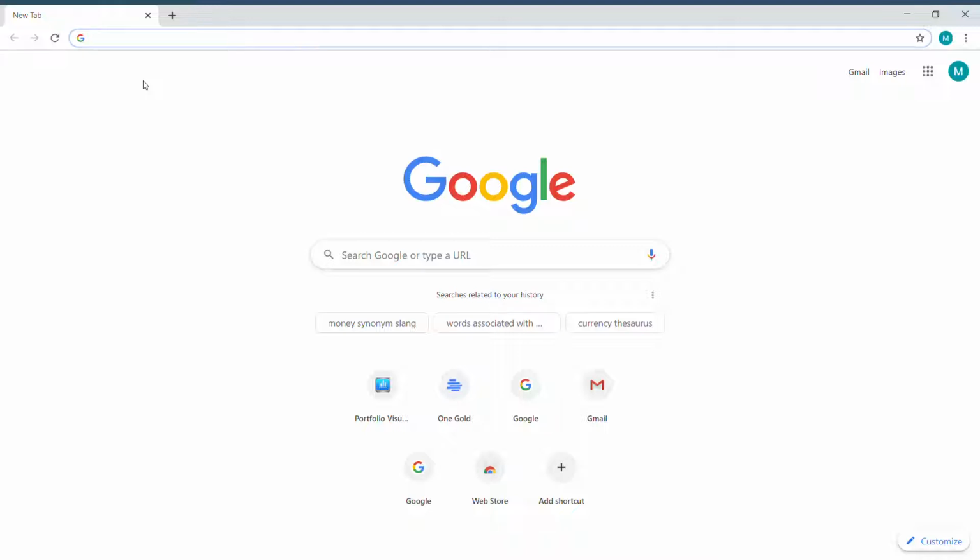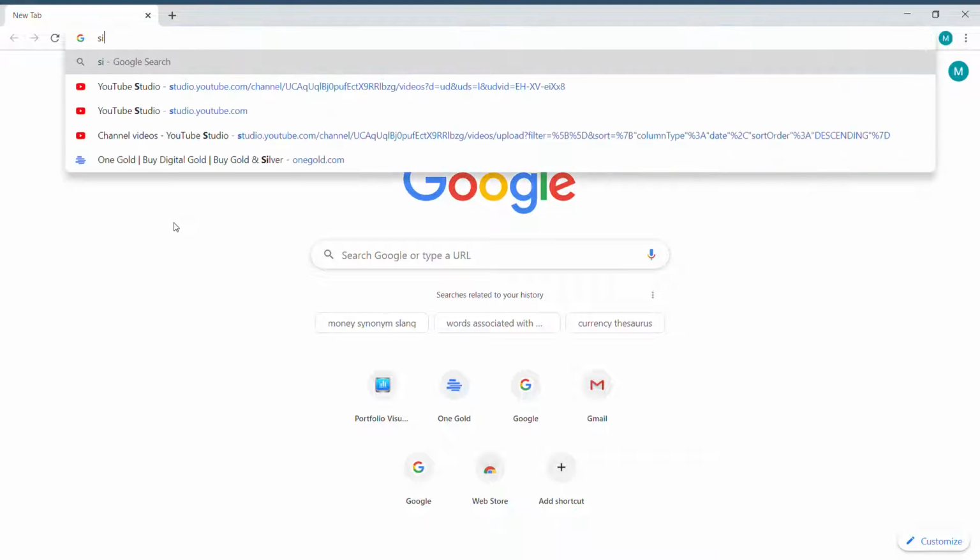Hello everyone. Today we're going to be doing a review on a website that I like to use. It's called Simply Safe Dividends, and I use this to determine which stocks I want to pick. So if we go to the website